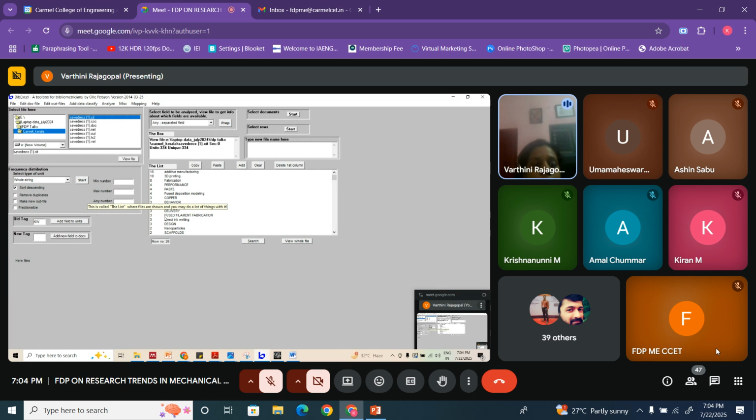Okay. So this is what I was saying. Only 3 papers have used filament fabrication. Right. So this is all in caps. We actually saw a paper with fused filament fabrication with triple F in brackets. So that one was missing, because it was in small letters and with triple F, right? So you have to normalize these keywords before you use them in data visualization. Okay, let me come back to the outside